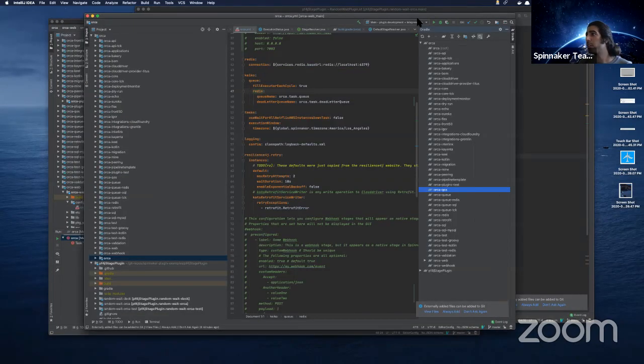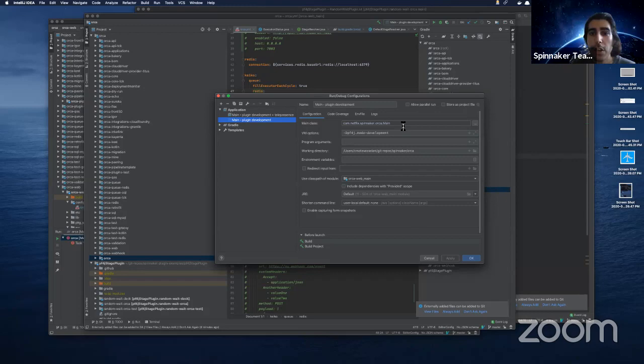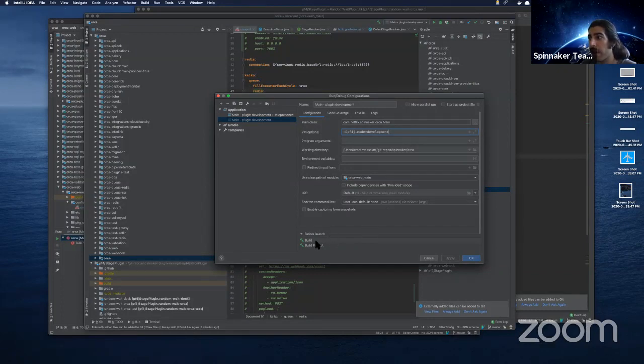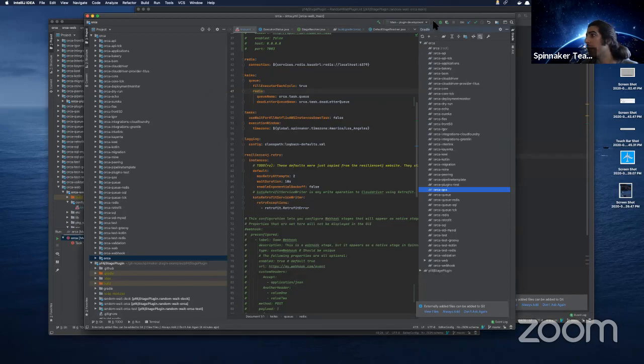I don't want to spend too much time on that, but what we can see here are my configs. So I've got Orca running main. We've added this option to do development mode for plugins, and we've added the build project here. So when we run this,